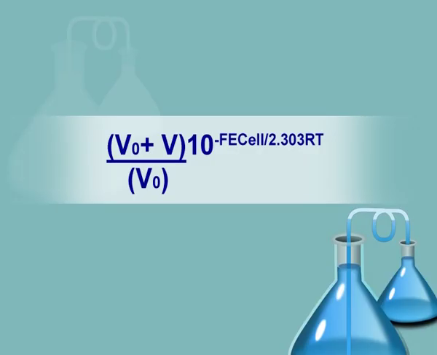C Ag plus is the concentration of AgNO3 solution added. F is Faraday's constant. R is the gas constant. T is temperature. Delta is the activity coefficient. In the above equation, the term is called Gran's function. When Gran's function is plotted against the volume of AgNO3 added, V, a straight line will be obtained. Such a plot is called a Gran plot.